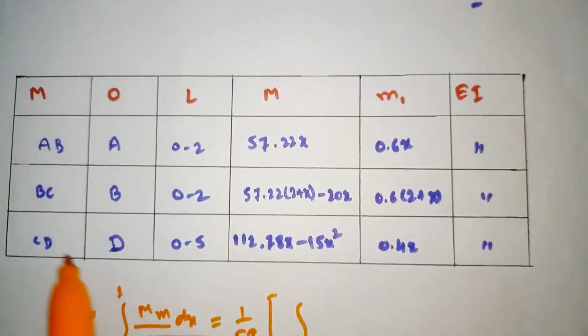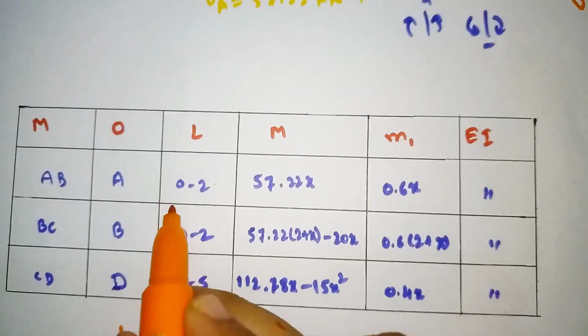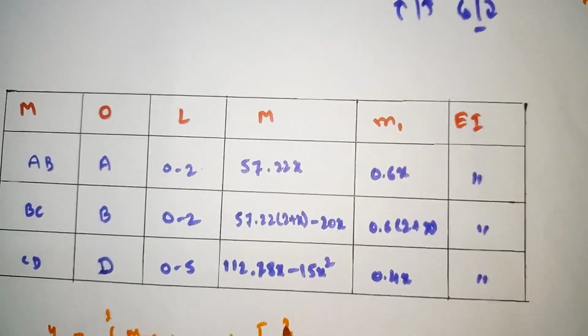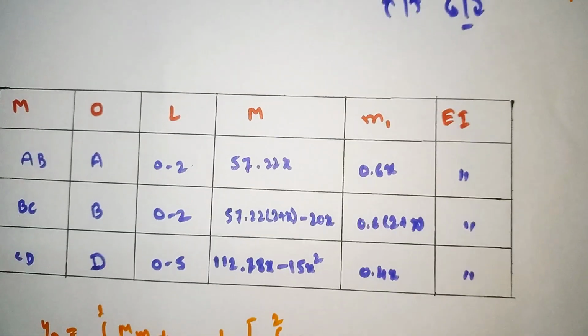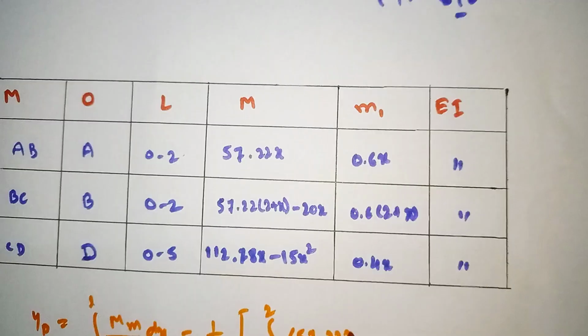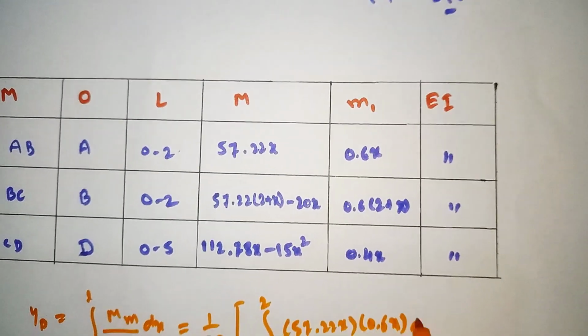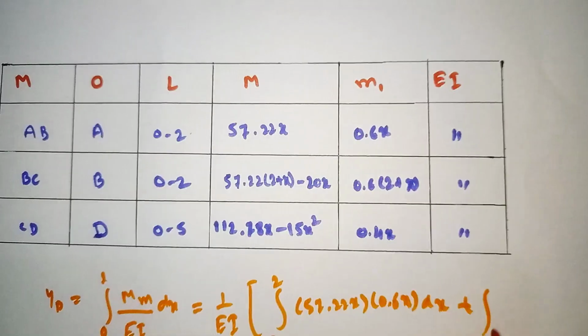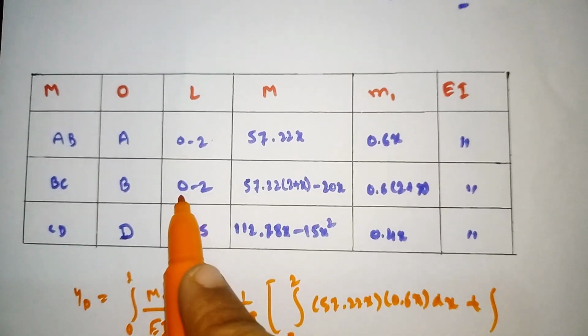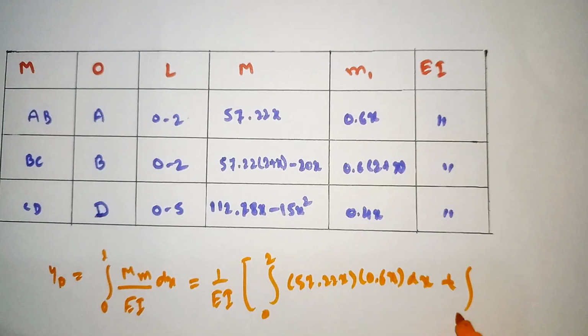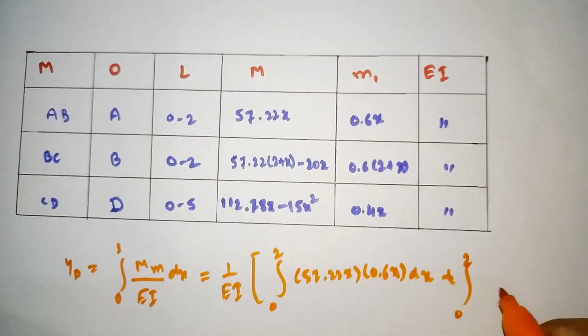So integration of AB, limit 0 to 2, this into this: 57.22x into 0.6x dx, plus integration of BC,